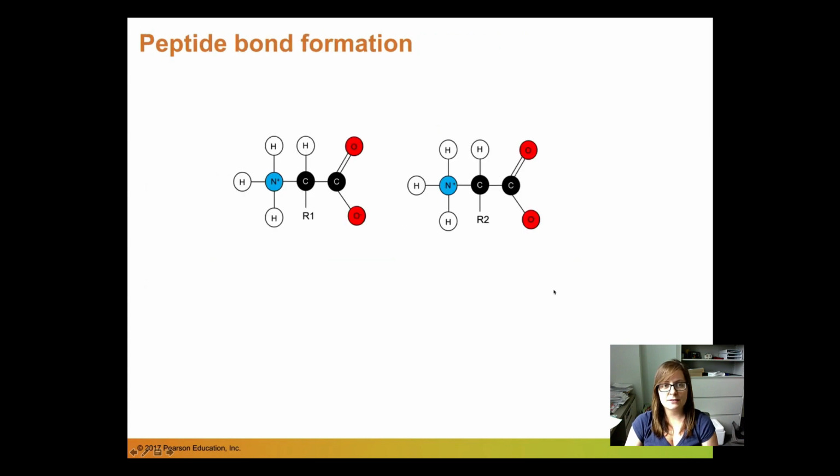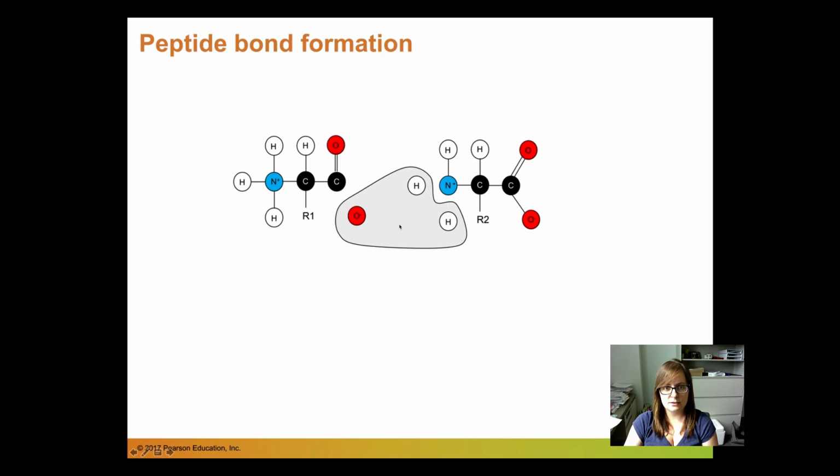And here's what this looks like in a peptide. So the bond that forms during a condensation reaction between two amino acids is called a peptide bond. And this peptide bond is formed by a condensation reaction. So here are our ionized amino acids. We have two amino acids here. We have our amino group and our carboxylic acid in both of these. And what's going to happen is this oxygen on this carboxylic acid is going to come out with these two hydrogens, right, in a